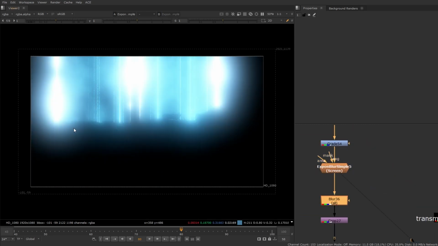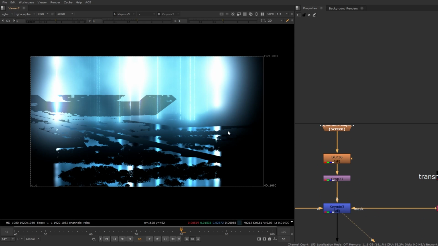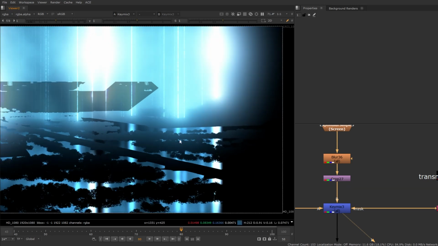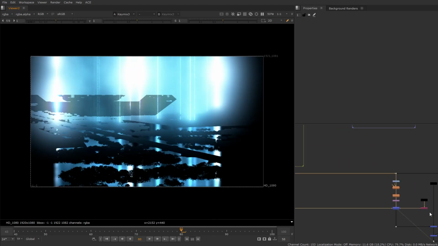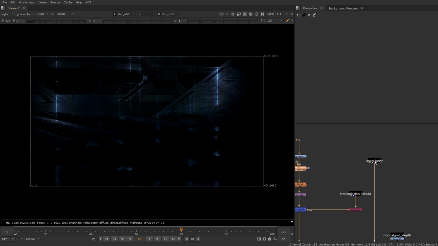So I want also the reflections to have this dynamic lighting that the laser is driving. So I blurred it a bunch, crop it, and key mix it with this one. So I have the dynamic lighting from the original laser plus the bottom part of the same laser blurred out, so it could be the direct reflection in the water. But all of this should be like having a more dynamic lighting, and this is being multiplied again by the same passes. Well, in this case, specularity, because we want the water,